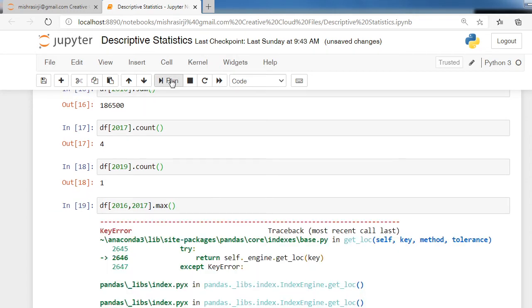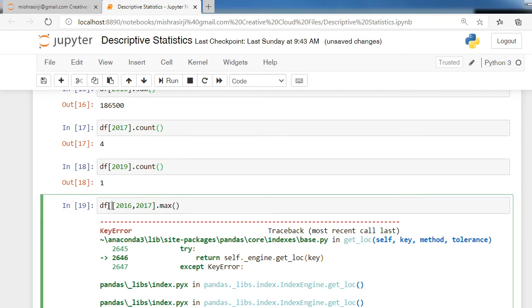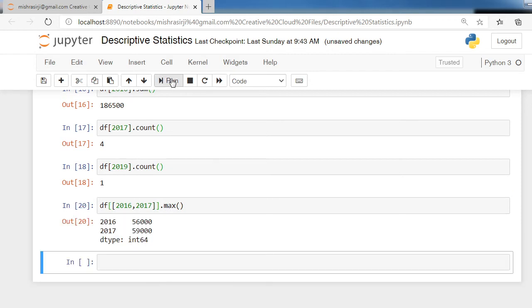This function returns the maximum value from both columns. You can check it. We have got 56,000 from the 2016 column and 59,000 from 2017.